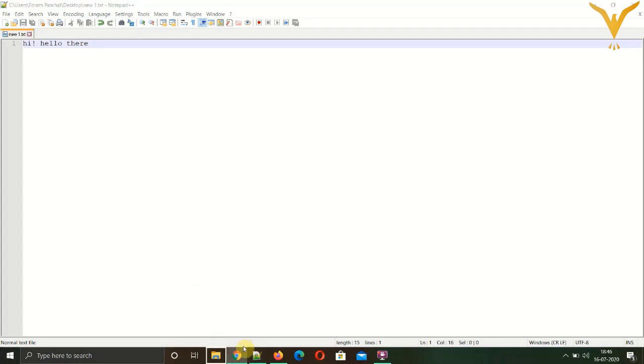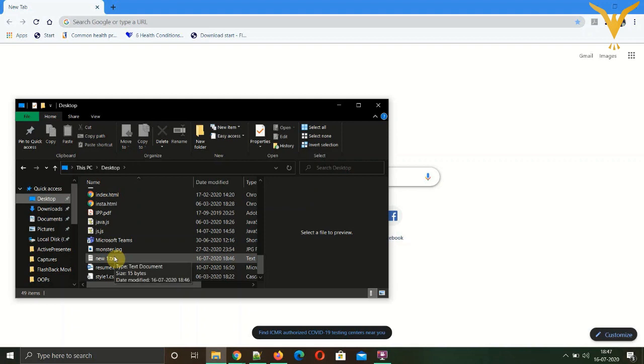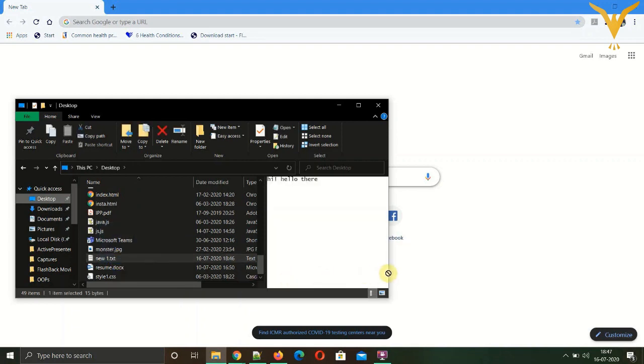Let's open it in the browser. I'll open it by dragging the file onto the visual area of your browser. So here you can see hello there. The text you have typed in your file is showing exactly the same in the browser because we have used just a txt extension. We have not yet used the HTML extension.